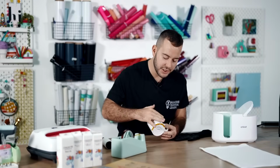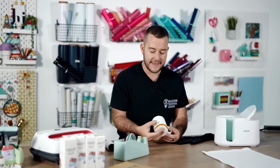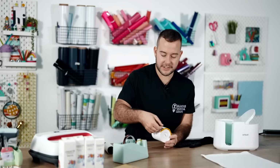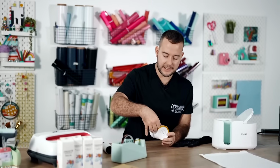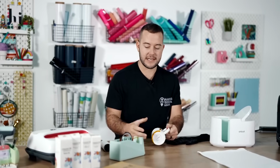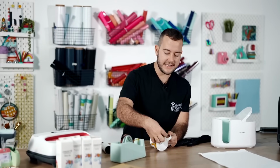So most importantly, you just want to make sure your design is flush, that you're happy with the placement, and that it is laying down perfectly. So I see right here, this part isn't. So I'm going to take just a little piece of tape, lay it down, and kind of pull it out. Just like so, that when we put this in our mug press, it's going to be easy to get